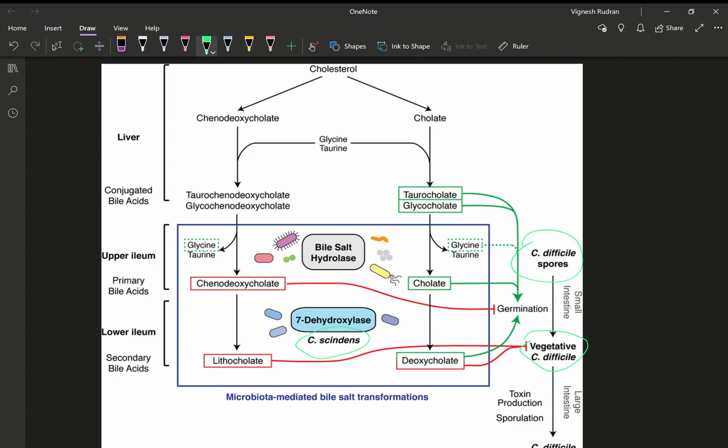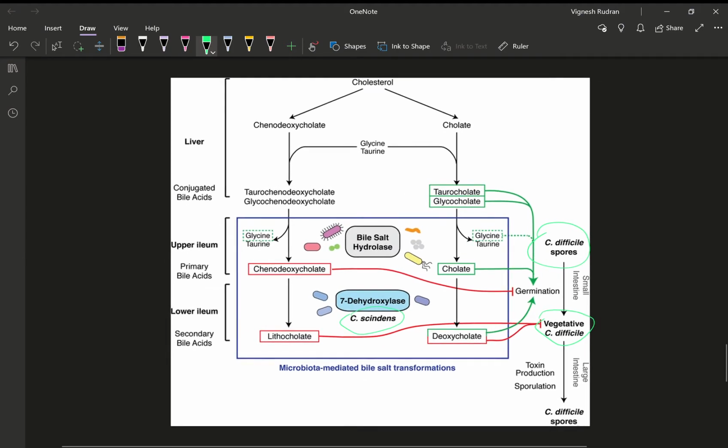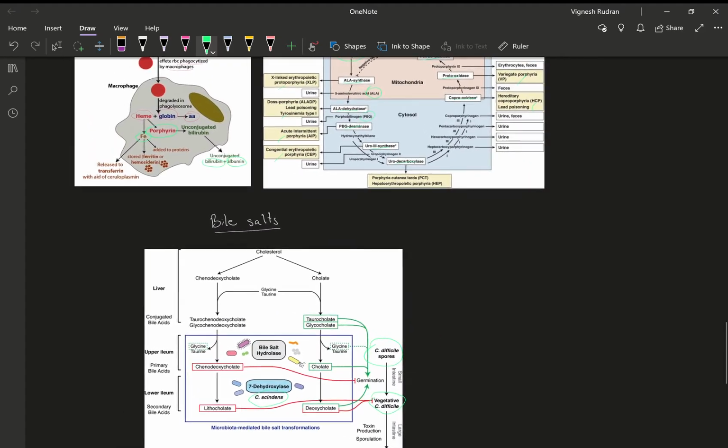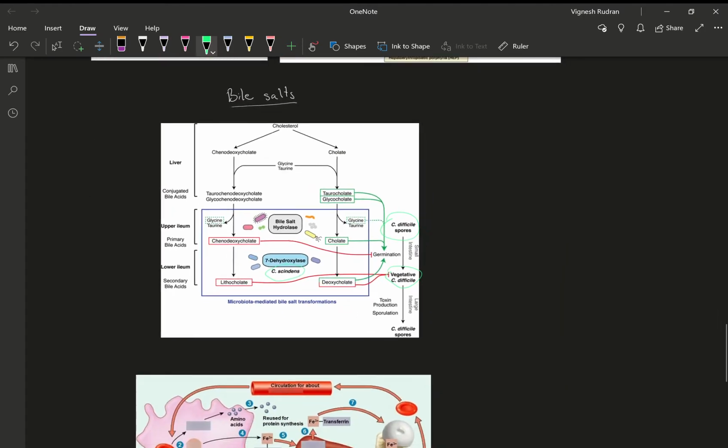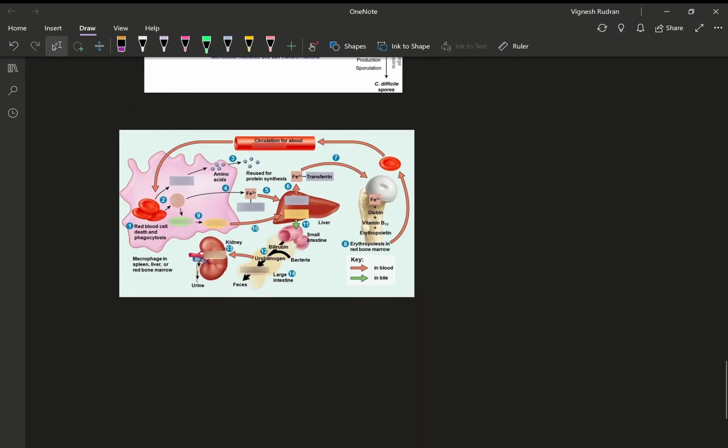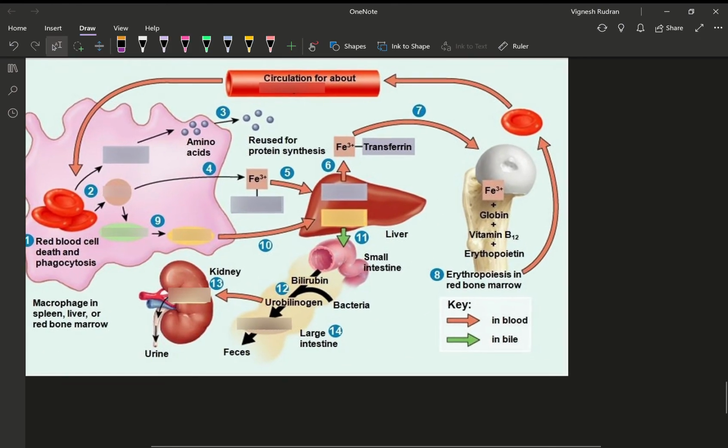So I tried to put in diagrams like this not to complicate the topic but to show you guys that every subject is interconnected and you need to start looking at medicine from a holistic perspective and not only with the view to clear exams and get good marks. So that would be the main parts of protein metabolism that were left over.